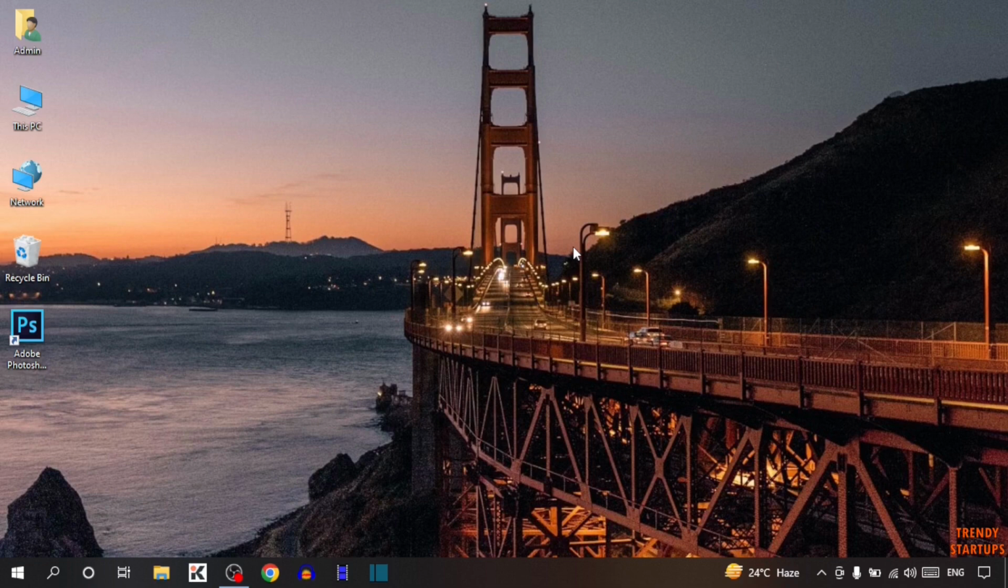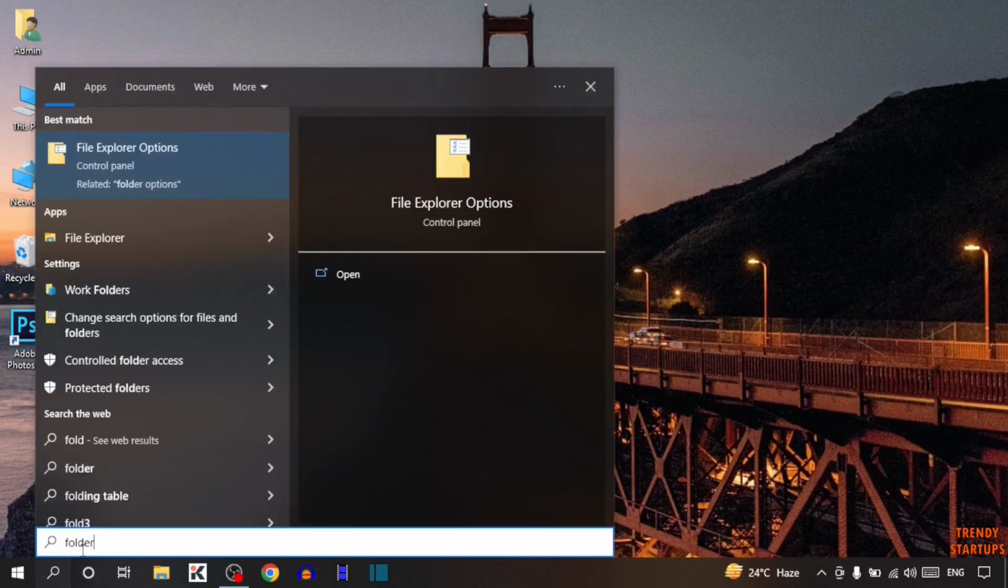Today I'm gonna show you how to edit host files on Windows 10. So let's get started. So guys, to edit host file you have to simply type in search bar folder options,